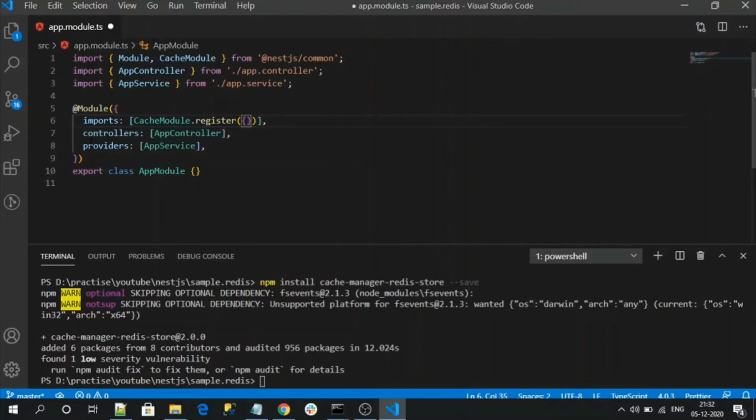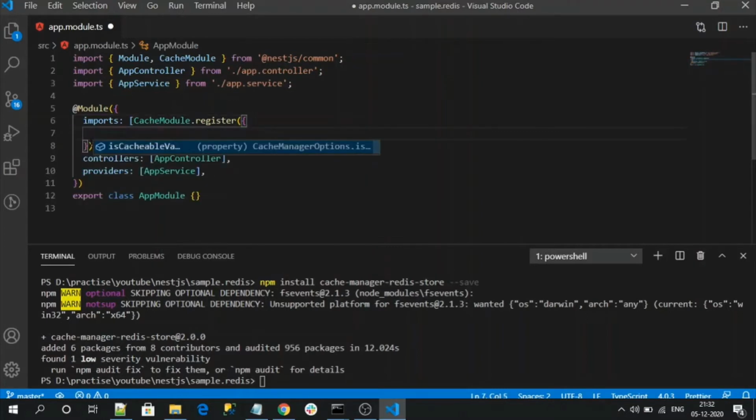Store: the store property represents which type of store we are going to use in our application to enable the cache. Here we are going to use the Redis store.